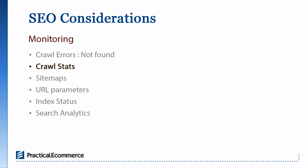You want to be looking for Googlebot not crawling more pages than there are on the site. The XML sitemaps, you're going to be looking at the indexation levels. You want to have both sitemaps, the old and the new one, and you want to make sure that Google is dropping pages from the old site and indexing pages from the new one. That's what you want to have in both. URL parameters, if you see spikes in the crawl stats, check there in case you missed a potential infinite crawl